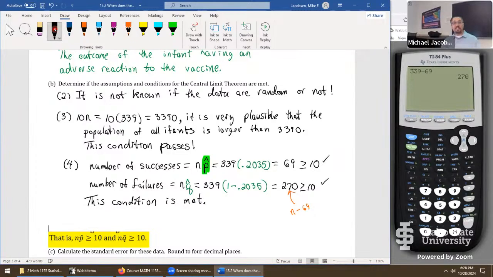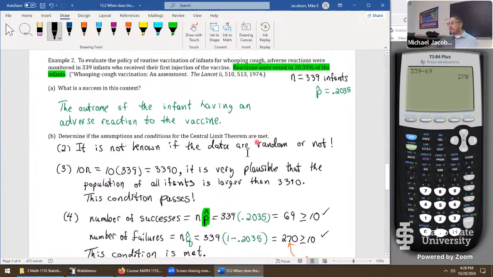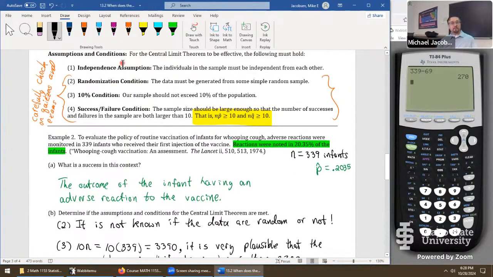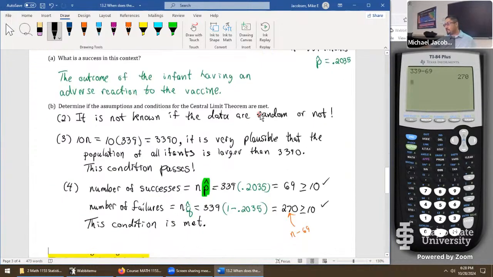So overall, are all the conditions met? We don't actually know this time. We have to resolve whether the data was random. And if you really, really want to be sure, you have to be like a forensic investigator and track down every single person that was a part of the study, interview them, read all of their papers, figure out everything you can about how they collected this data. And then and only then will you be able to make an opinion on independence or not. That's a really rough thing to get quality data on.